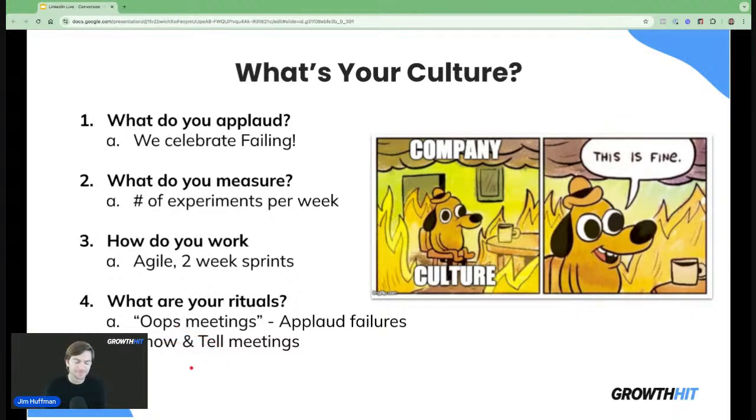The second one is this idea of show and tell. If you want to create a culture where people are thinking outside the box, testing new tools, testing AI projects, add a show and tell section to your meetings. We do this actually on Thursdays. We have an AI council where each week someone is tasked with not just playing with a new AI tool, but incorporating it into our client workflow. We have them incorporated into the GrowthHit workflow